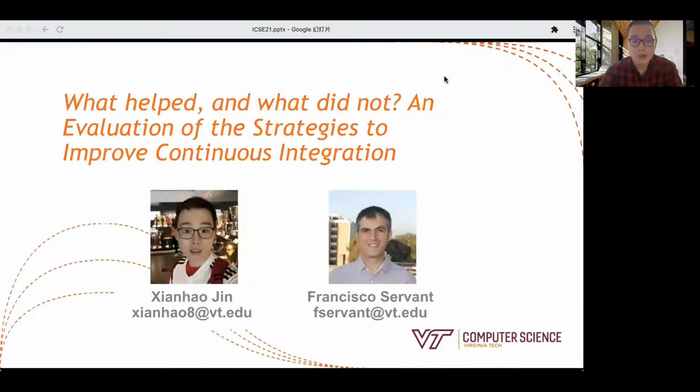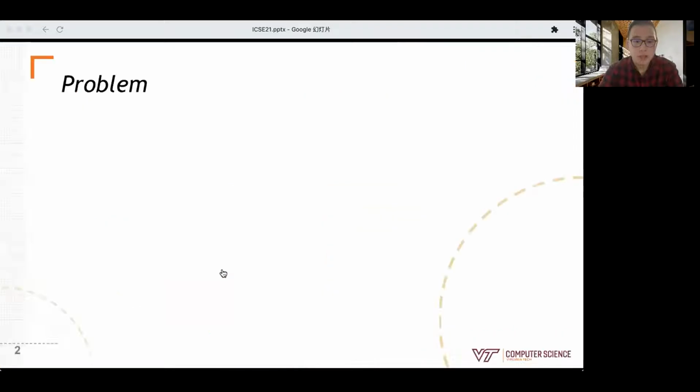Today I'm excited to present our work, an evaluation of the strategies to improve continuous integration. Continuous integration is a popular practice in modern software engineering that encourages developers to check in their code, build and test their software in frequent intervals. CI benefits the developing process because bugs are detected early and are easy to track down due to small change